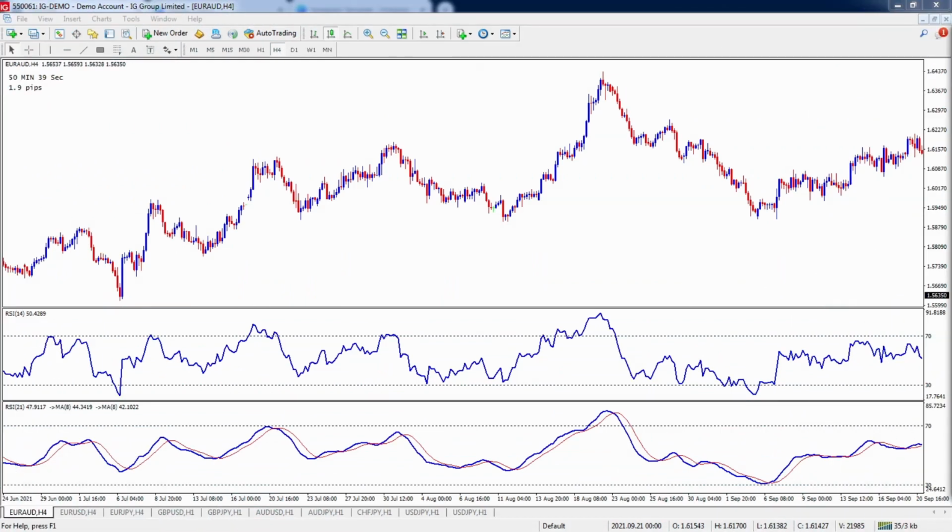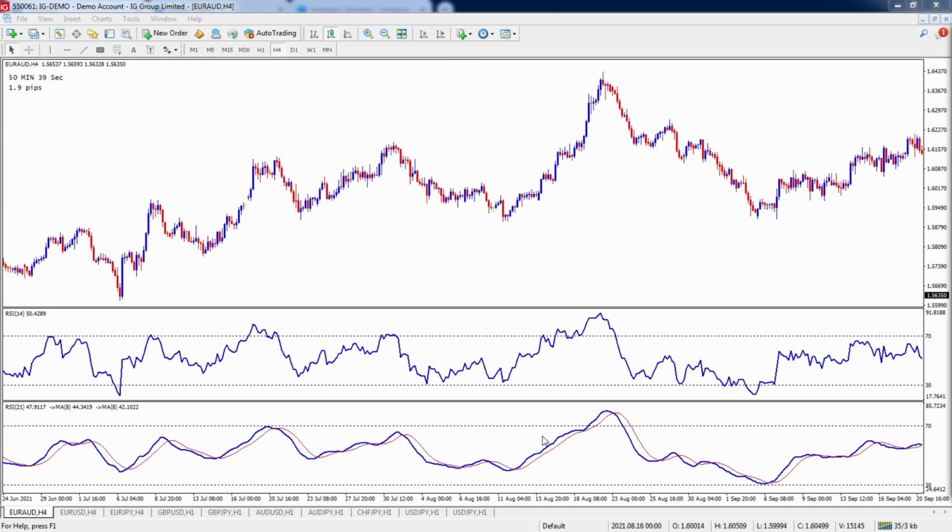My name is Russ Horn, and today I want to show you how to take an RSI, smooth it out, and add a signal line. I'll show you how to go from this RSI to this bottom RSI. Now we can do this in MetaTrader 4 fairly easily. Most traders don't know that you can even do this, so this is going to be a great video.